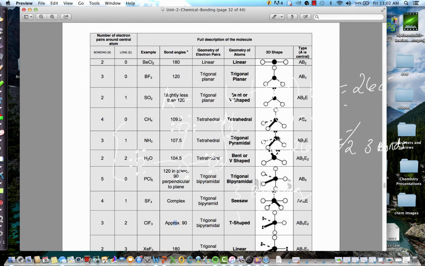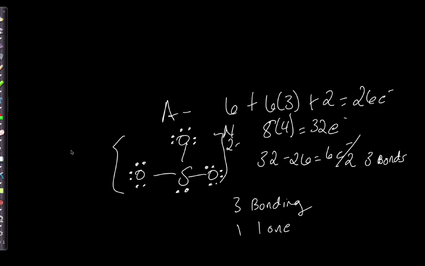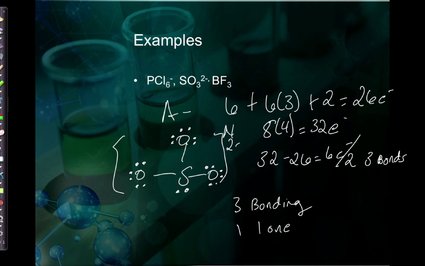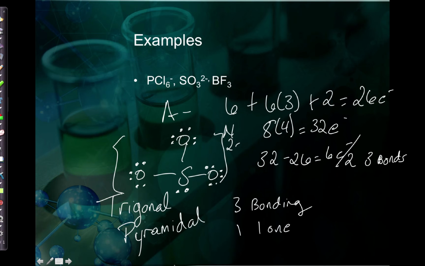trigonal pyramidal. So instead of the 3 atoms laying flat in a plane, the atoms are going to be pushed a little bit closer together because of that lone pair, and it's actually going to form somewhat of a pyramid shape. So it's called trigonal pyramidal. All right, so let's do the next one,